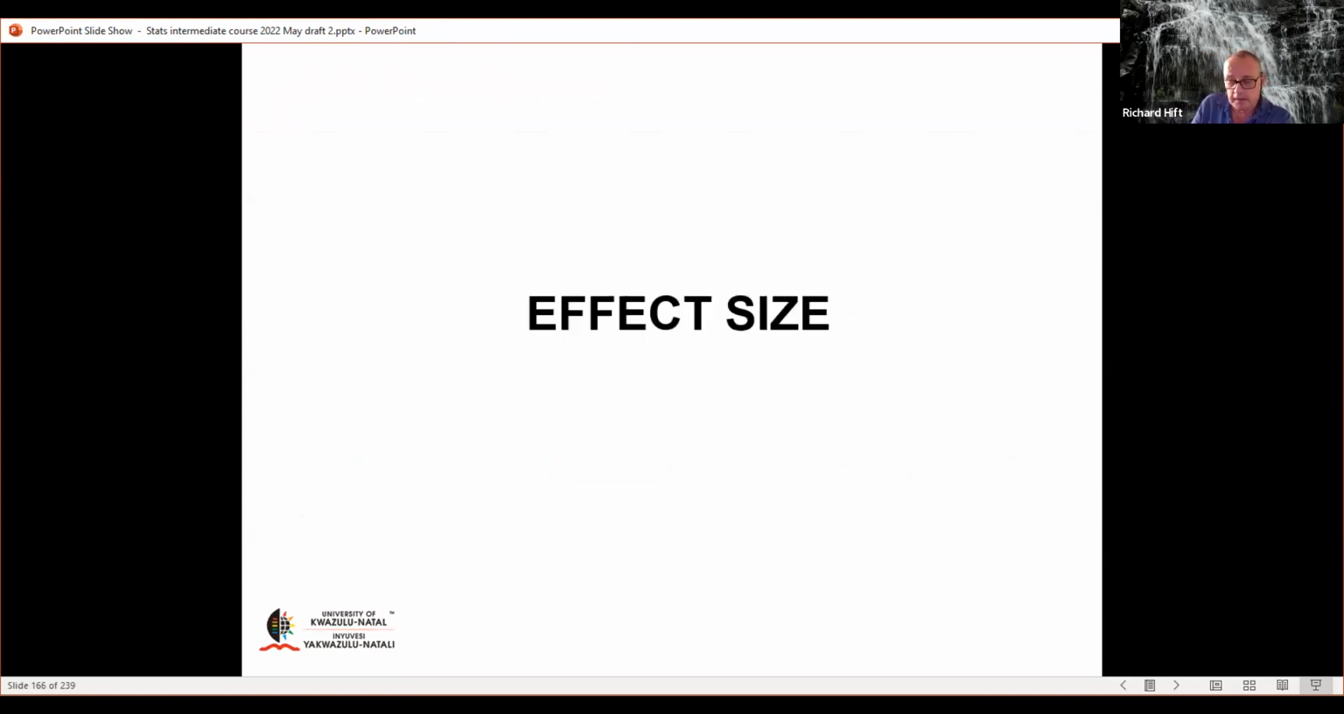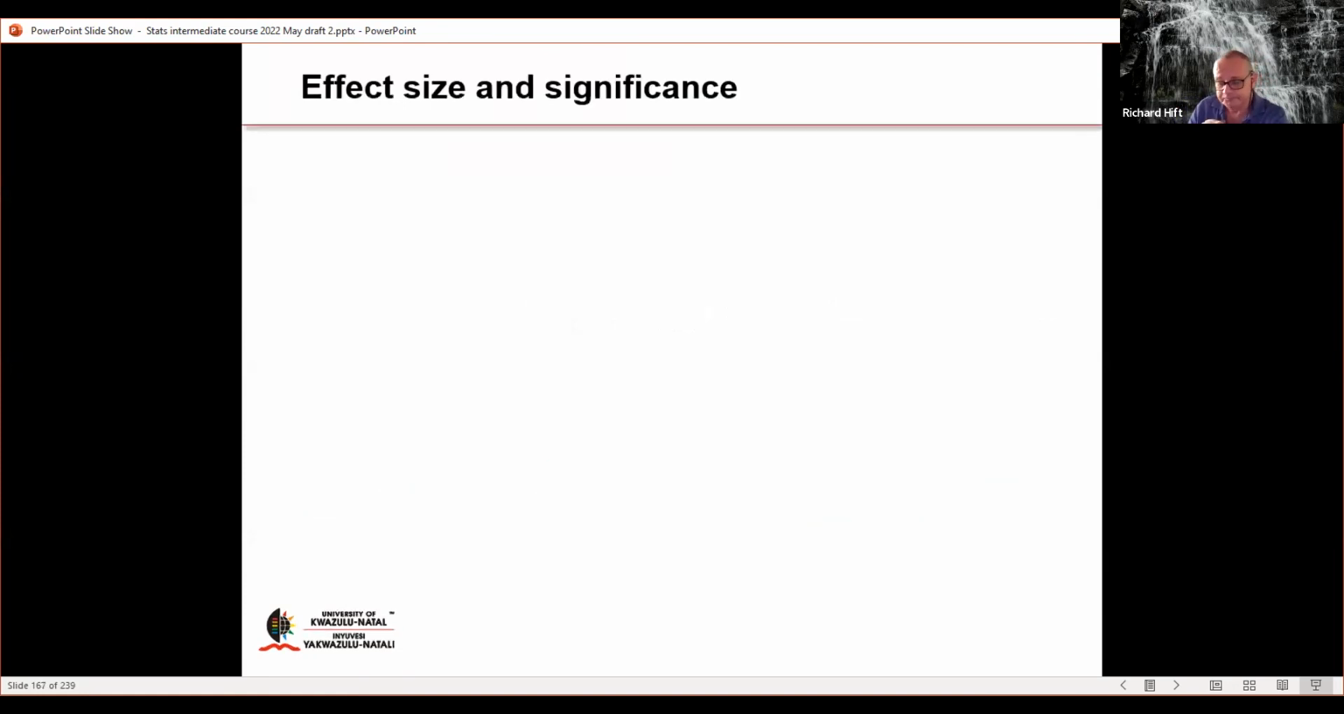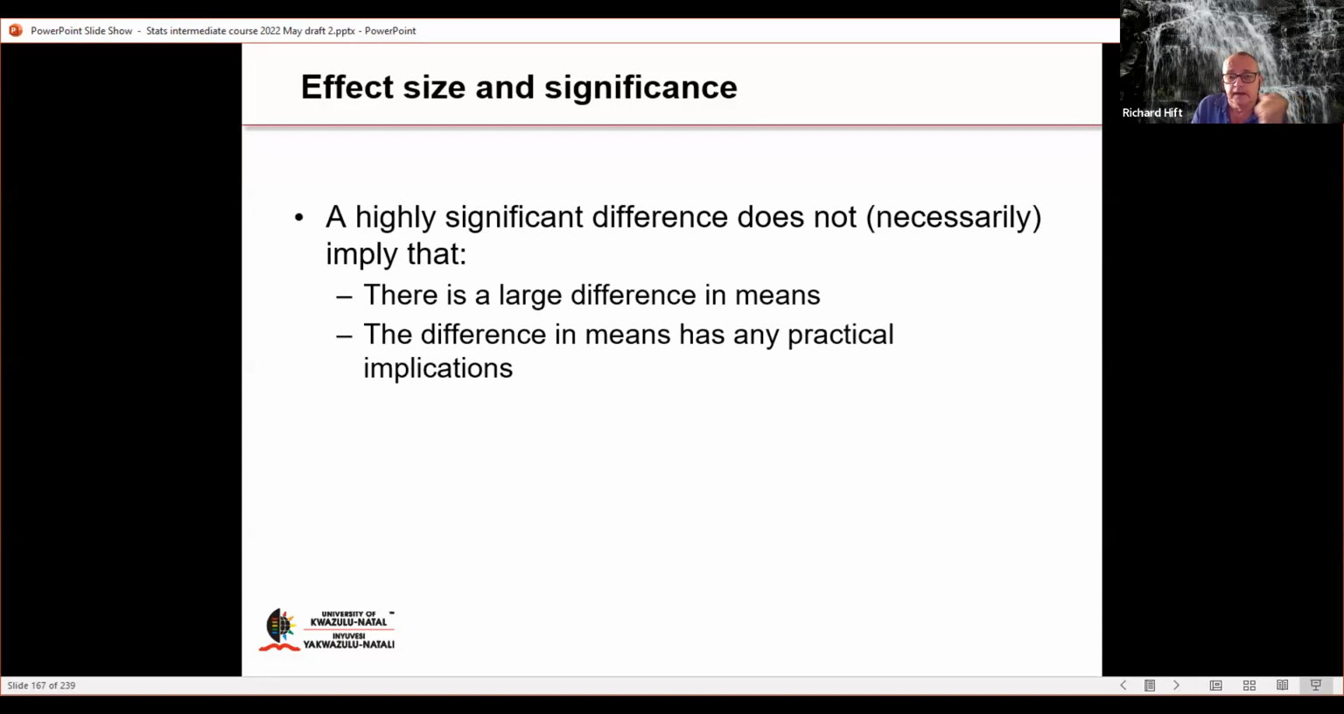Right. But let's now turn to this quantity of effect size that nobody seems to understand. It's very simple. Firstly, let's distinguish between effect size and significance. A highly